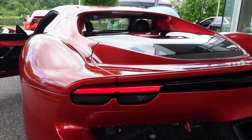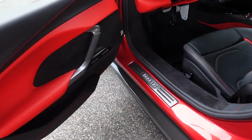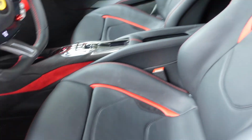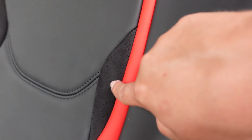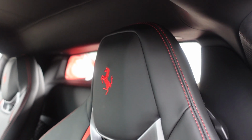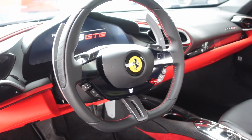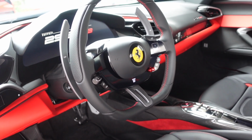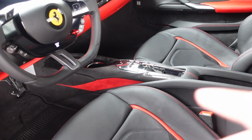So you can kind of see the taillight there lit up. So you've got carbon fiber door sills. These black and red leather seats with some Alcantara here. You've got red stitching with the Cavallino embroidered on the headrest. This one doesn't have carbon on the steering wheel like the other one, so this is a full leather steering wheel. You do have carbon in the center tunnel though,